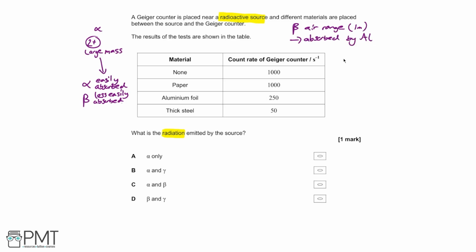These properties come about because beta radiation is made up of either positrons or electrons, so E plus or minus. So what this means is that the mass is much smaller than an alpha particle, since this is an electron as opposed to a helium nucleus,